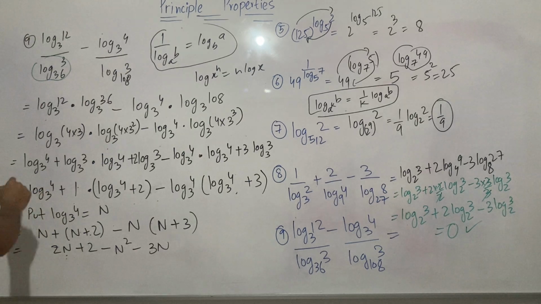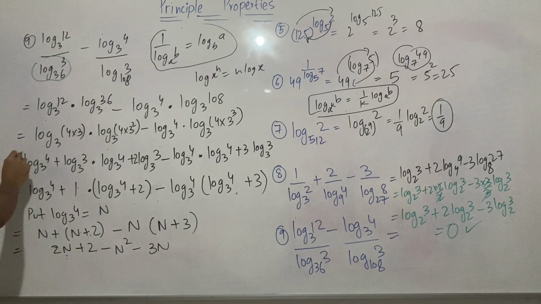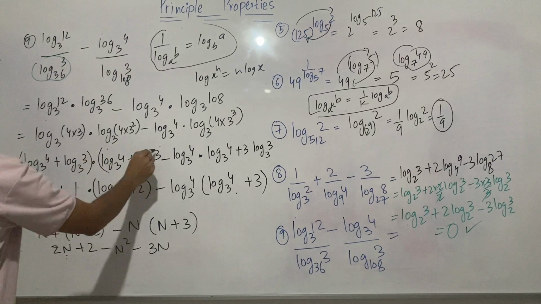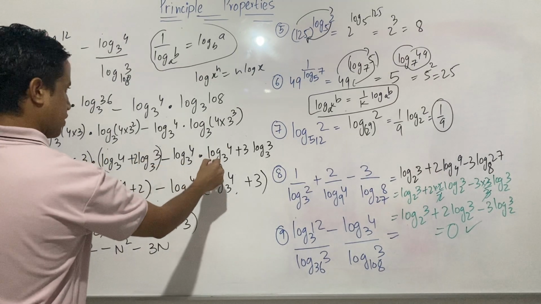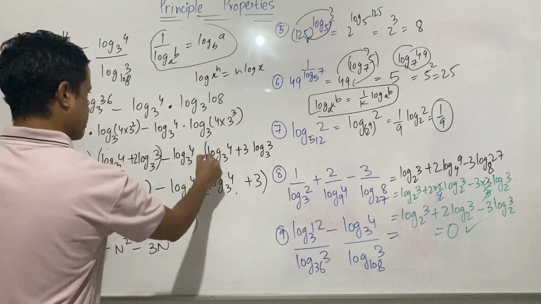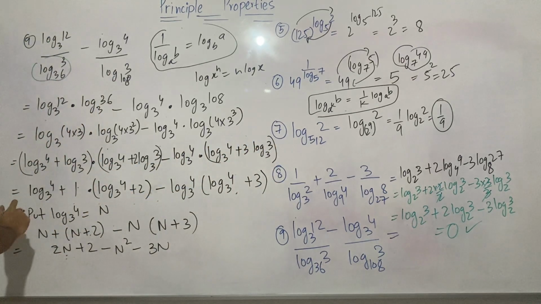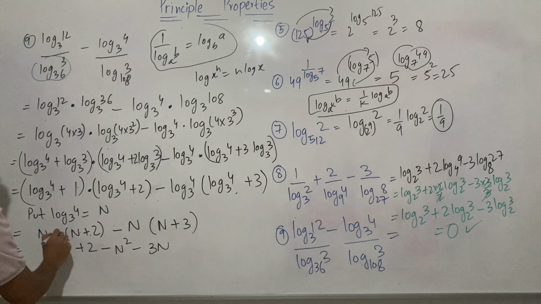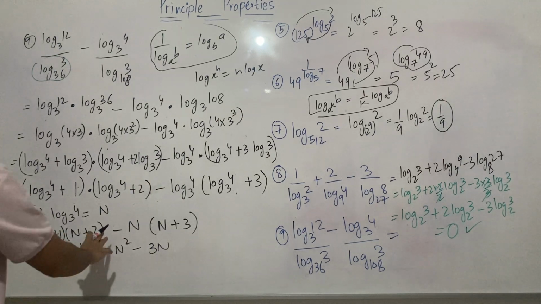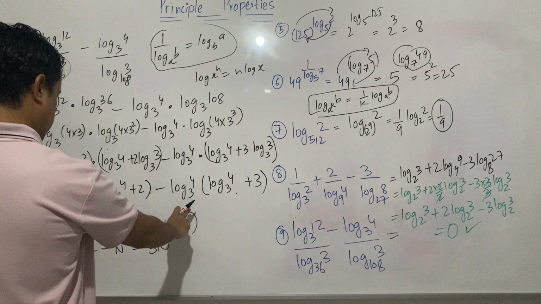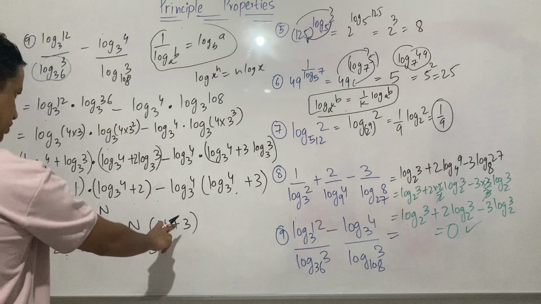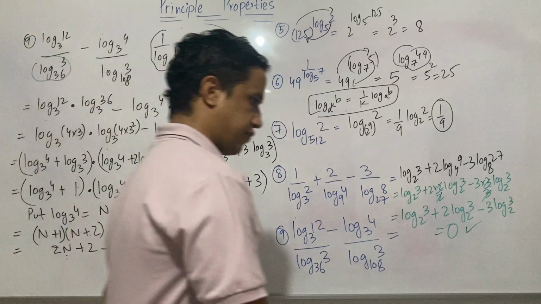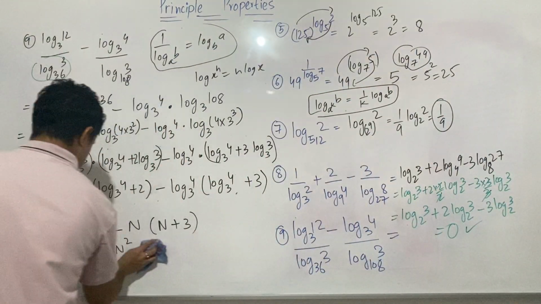Here, okay, this bracket here, and this thing log 4, this bracket here, right? So it should appear as a bracket, right? So this is n plus 1, n plus 1, n plus 2, n plus 2, and here minus n plus 3. Okay, so if we simplify it, it's going to be